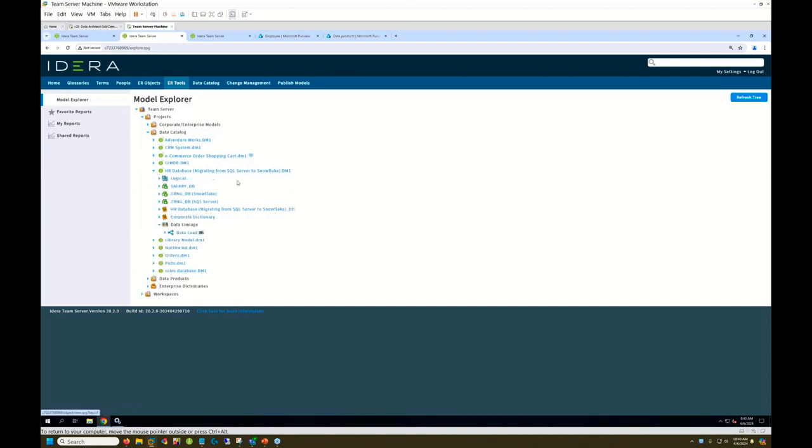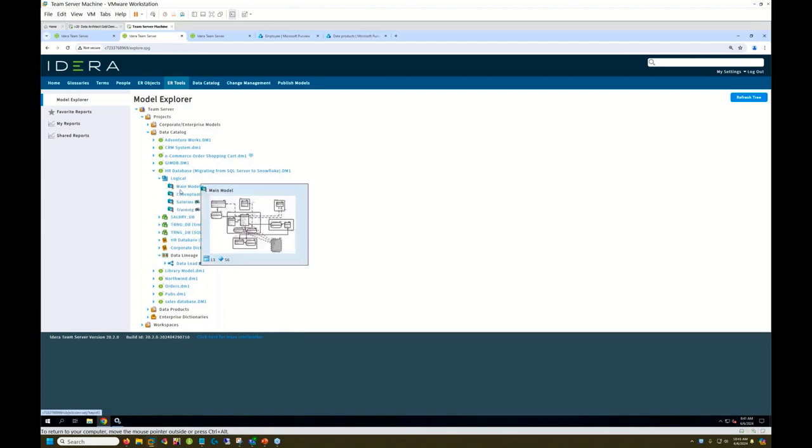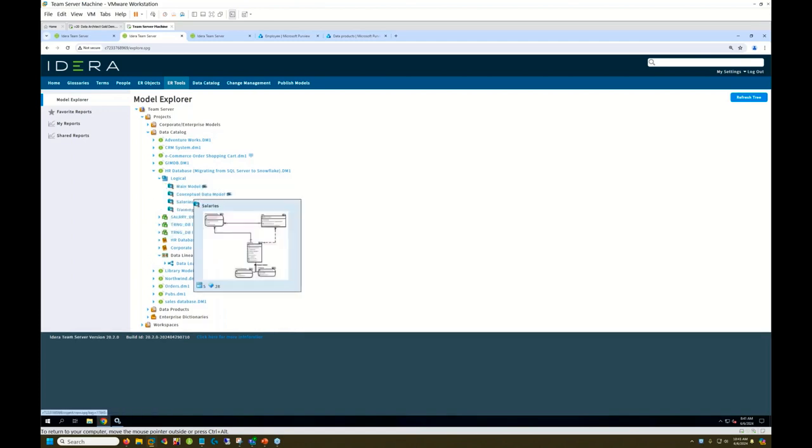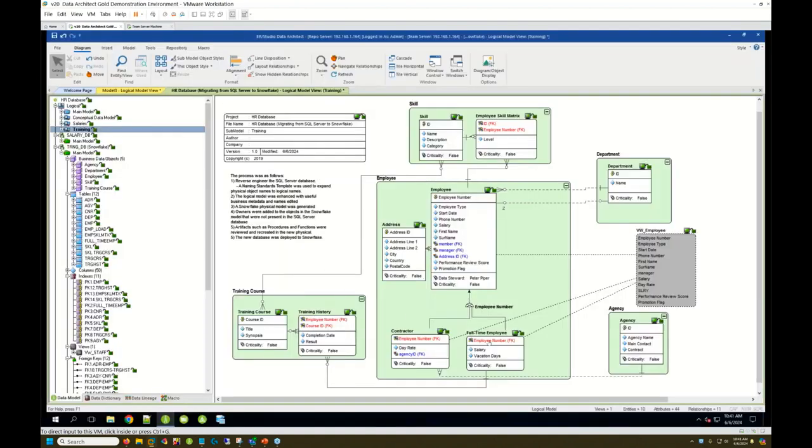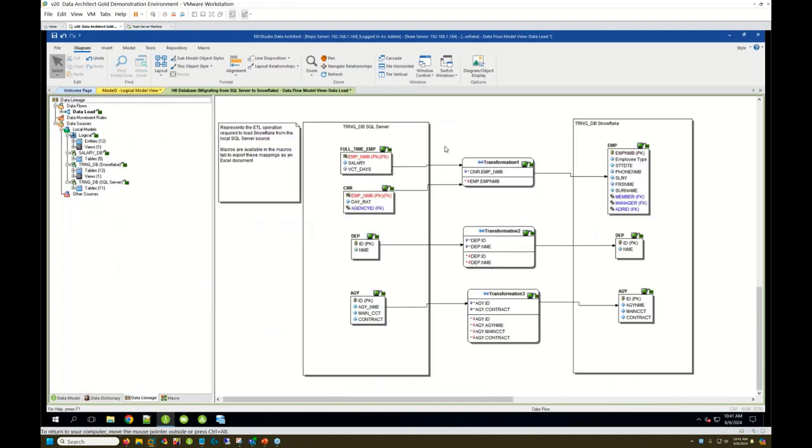Let's take a look at that HR diagram here. This project. Again, you saw me traverse this, go into the logical model. I get flyover help here for the different models that I could see here. Maybe in Data Architect, another facet of this project that the modeler or architect had captured is its data lineage, right? In this case,